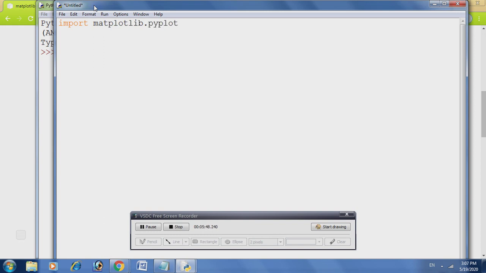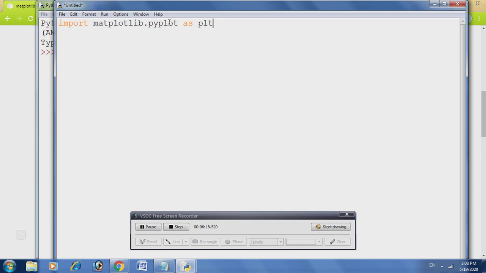So this plt is my alias for pyplot. This statement shows that I am importing the matplotlib library and I am going to use the pyplot library. We will use the methods or functions of the pyplot library, but we can't import pyplot directly without matplotlib.